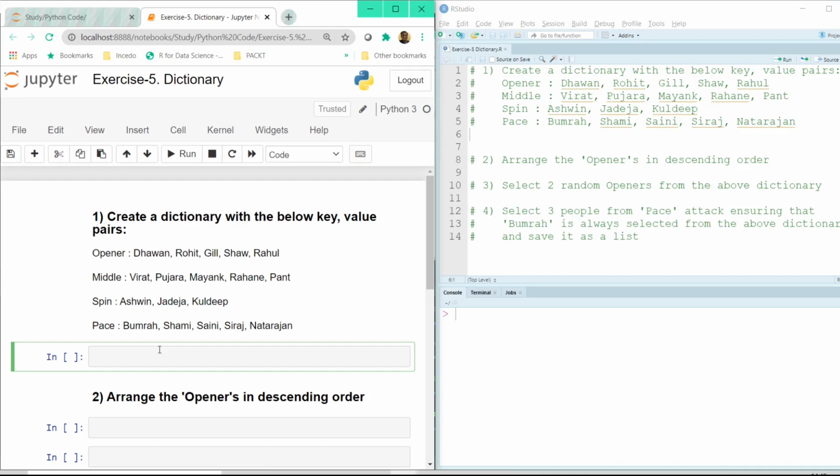But before you get started, please note that for solving the exercise, you might have to do a little more exploration, because what we learned in our previous tutorial was creating a key and a value for each of the key. But in this exercise, we will have to create multiple values for each key. So please try to explore at your end first and see if you can come up with some solutions. If not, I will anyway be starting to code in the next 5 seconds.